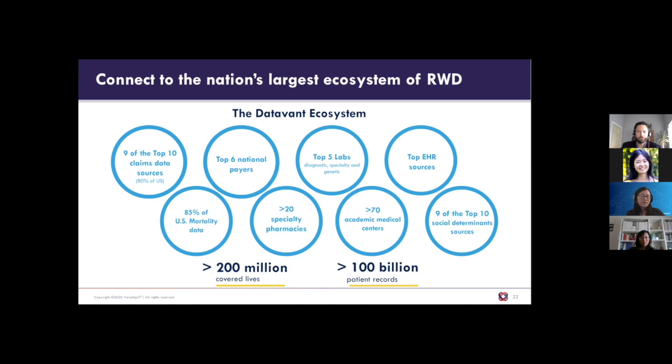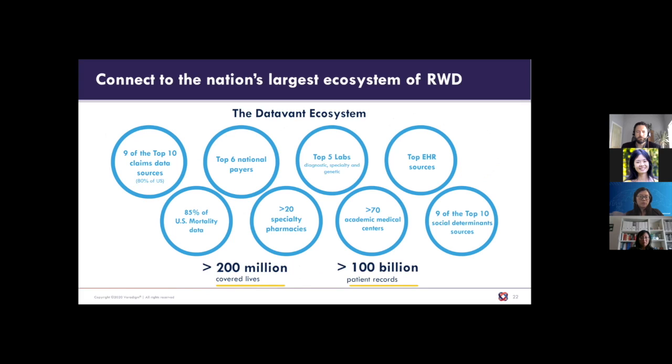So this kind of data linkage across disparate sites of care in our fragmented healthcare system is only as powerful as the size of the network itself. Our software is deployed across hundreds of sites to enable our partners like Veradigm to connect to the nation's largest